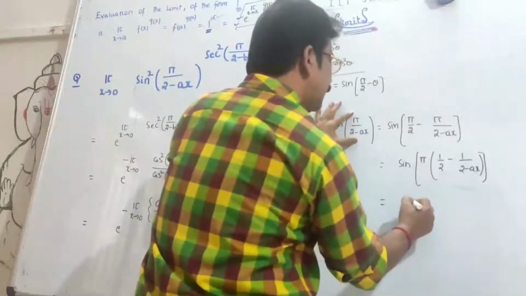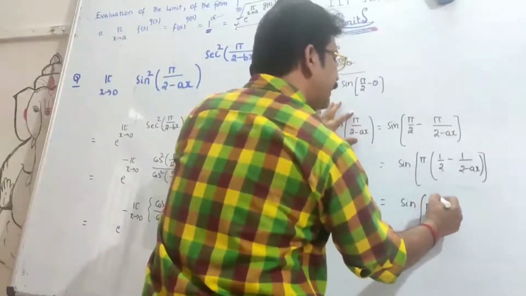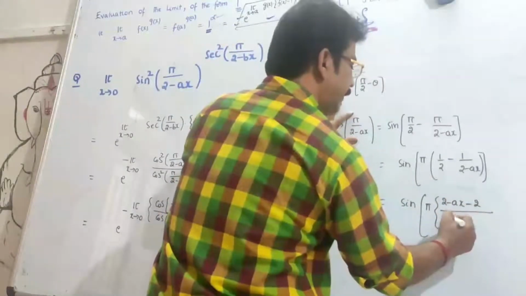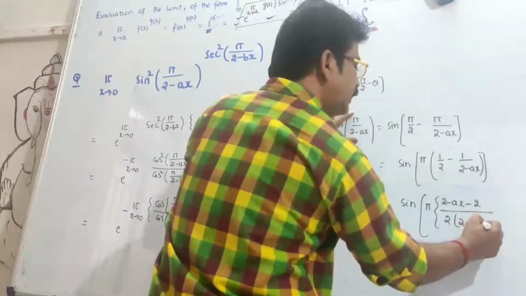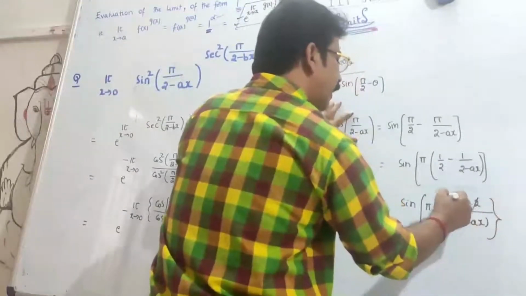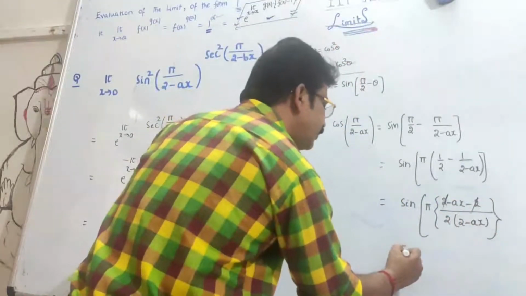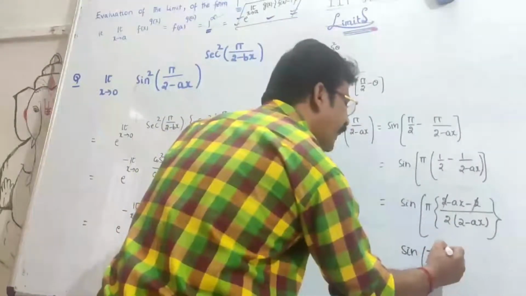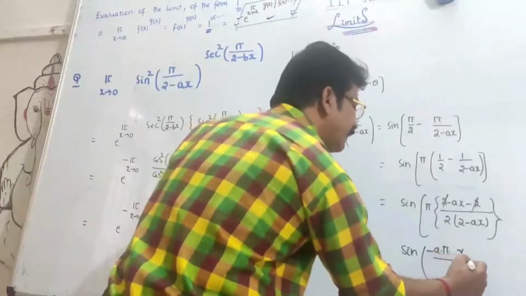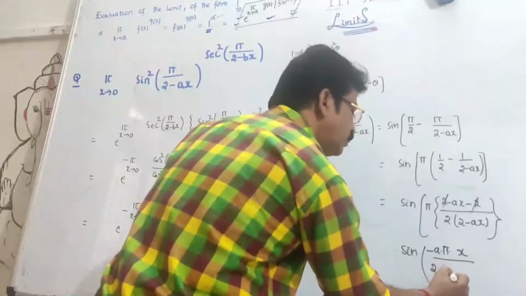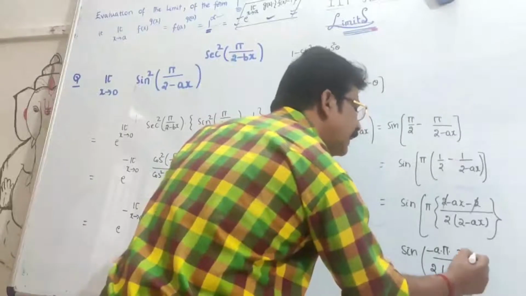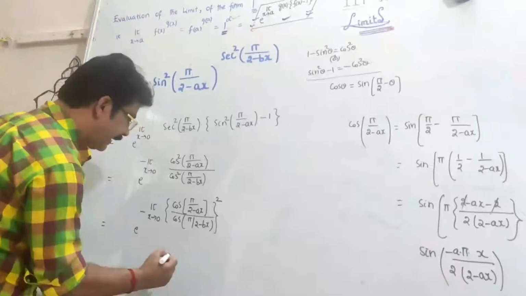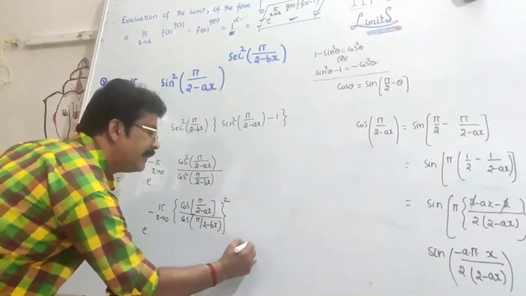That is equal to sine of pi into (2 minus ax minus 2) divided by 2 into (2 minus ax). Minus 2 plus 2 cancel. It remains only sine of minus a pi x divided by 2 into (2 minus ax). So I will write here that is equal to e power